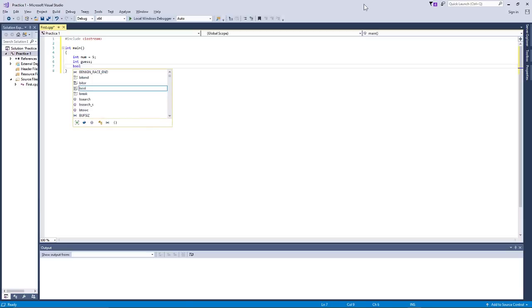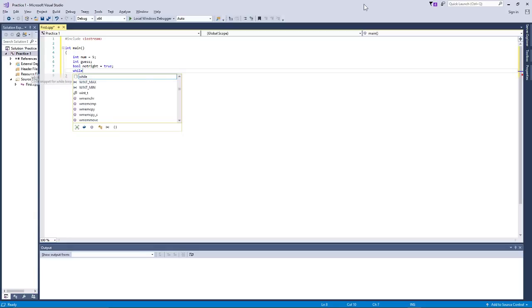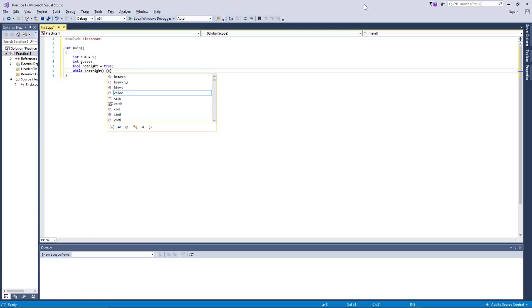And I would like to use another thing. I wasn't using this earlier. I actually learned it while I was learning. That's an awesome sentence: I learned it while I was learning. So I'm just going to call it not right and set it equal to true. I need it because of this: while not right, you go cout,